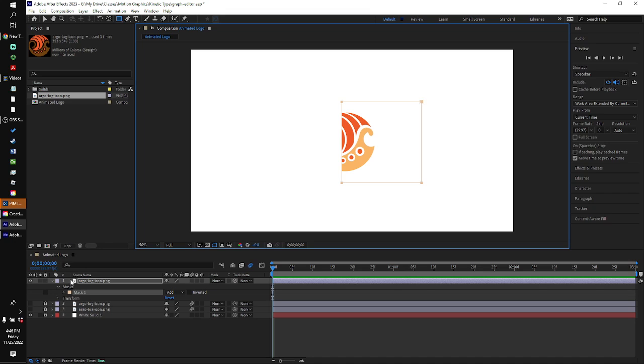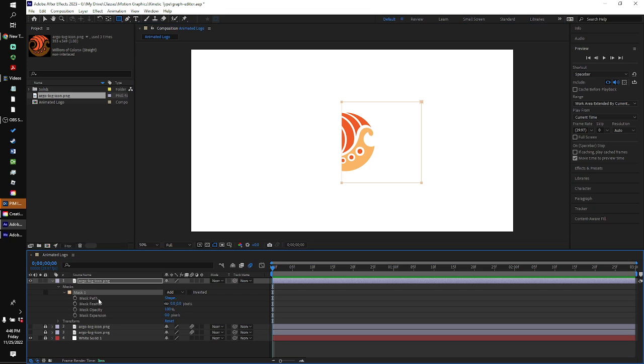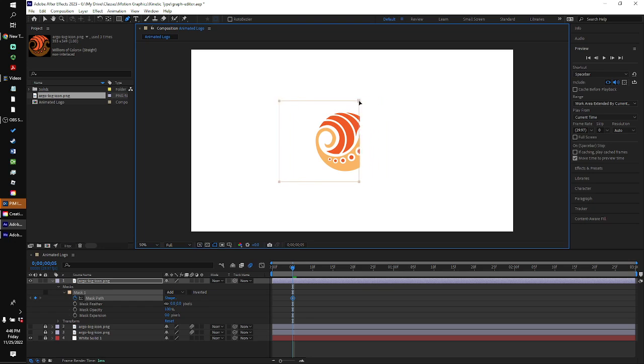If we come down to our logo here, you can see here's the mask. So if I open this up, the mask path, I can now animate. So let's say I move my cursor to 5 frames and I click on the stopwatch, I can now go ahead and I can change the position of this mask. First of all, I could change the position of these anchor points. I can do that by going to the pen tool. So I can click here and I can move this mask. I can animate it. So let's say we want to start off with it over here to the right,